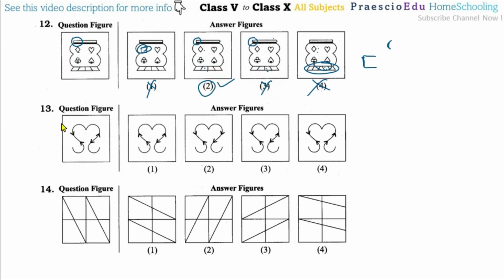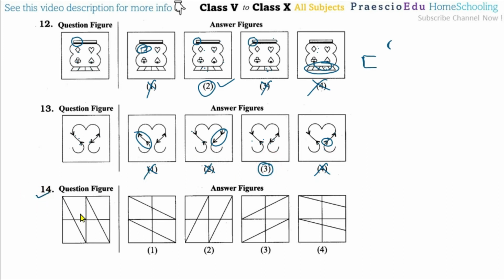Then question number 13, the arrows and these shapes are there, so the shapes are almost matching, but we have to observe the arrows, so this is different from this one, then these are similar, these are different, now then these two are similar, and here, so option number 3 and option number 4 in this one, so option number 3 is perfectly matching as per this one, but in option number 4, these two are in the same direction, but here something is different, means this is a difference, so option number 4, 2 and 1 are incorrect, option number 3 is the correct one.